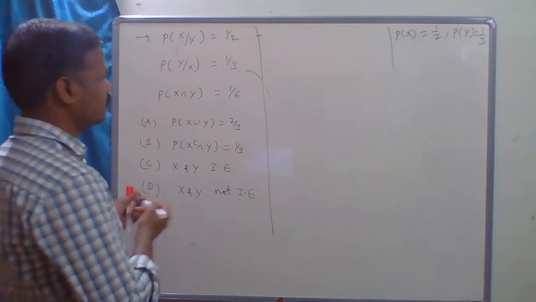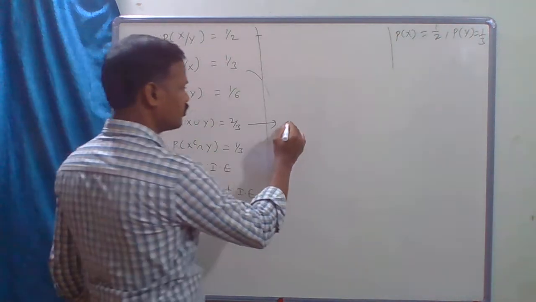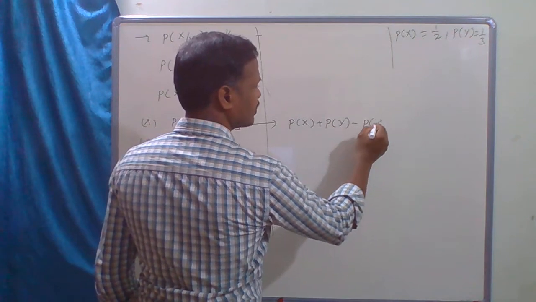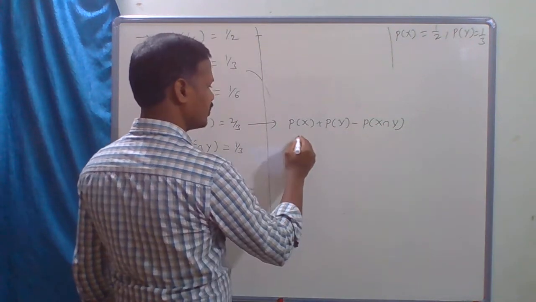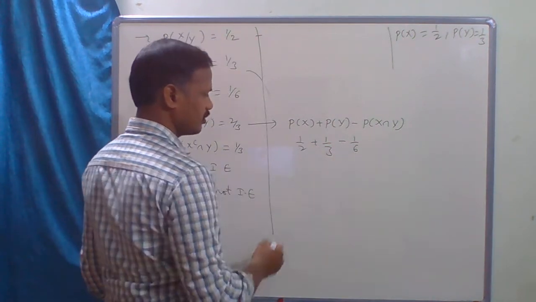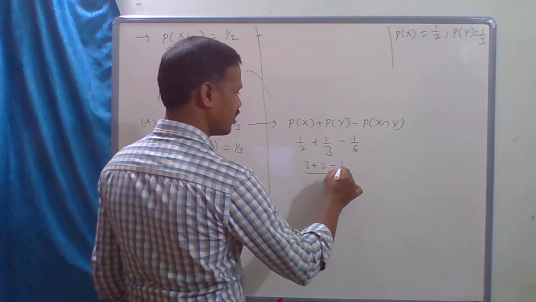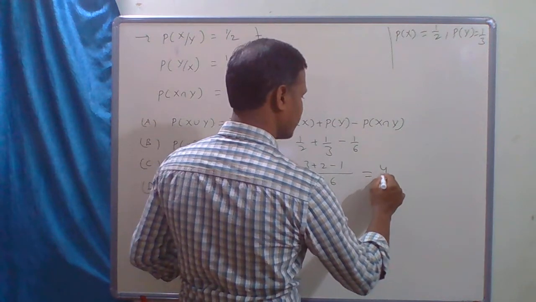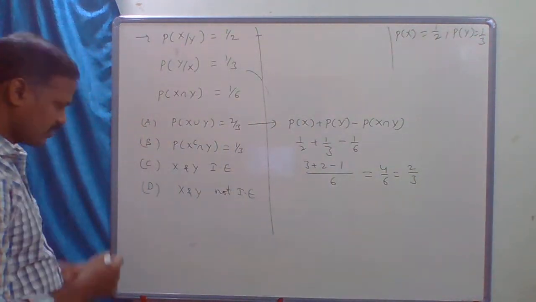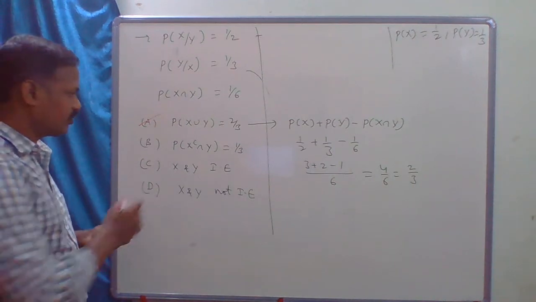The first option, option A. Probability of x union y is equal to probability of x plus probability of y minus probability of x intersection y. So what is the probability of x? 1 by 2 plus 1 by 3 minus 1 by 6. So the LCM is 6. Yes. So 3 plus 2 minus 1, which is 4 by 6, which is equal to 2 by 3. Yes. So the first option is correct. Now the second one,